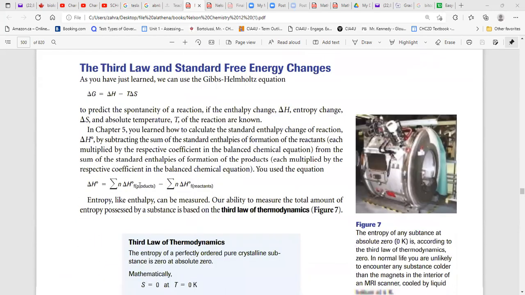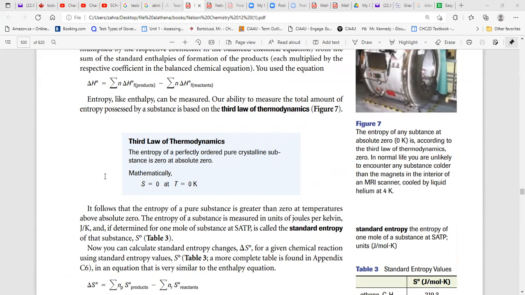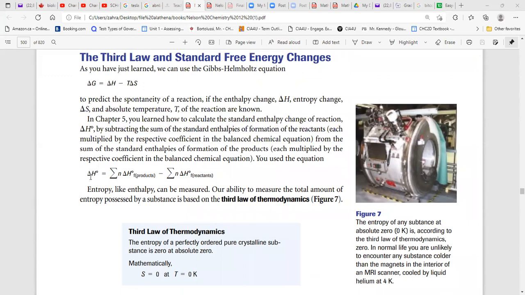The third law of thermodynamics says that the entropy of a perfectly ordered pure crystalline substance is zero at absolute zero. So S is zero when the temperature is absolute zero. The entropy is going to be zero. Here we have done this before, finding the